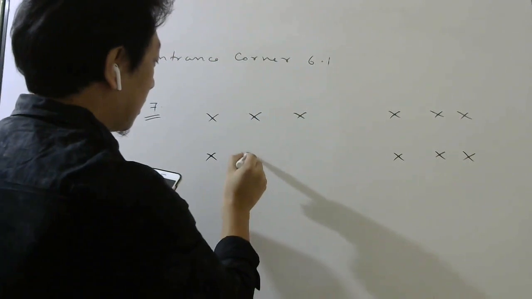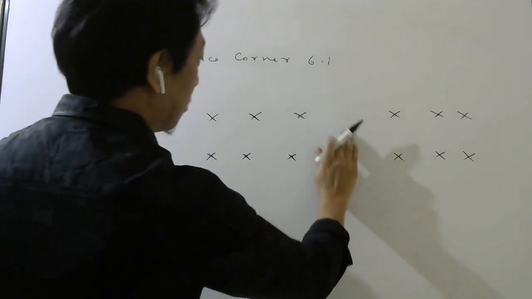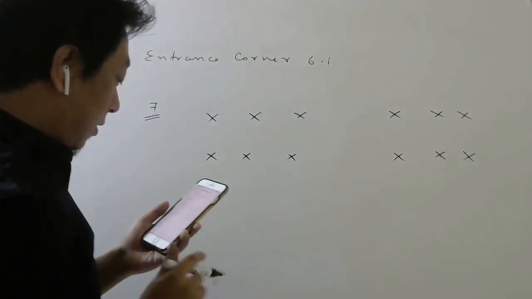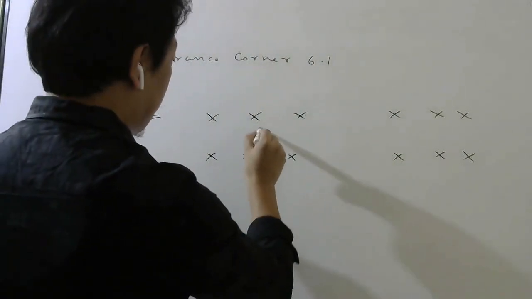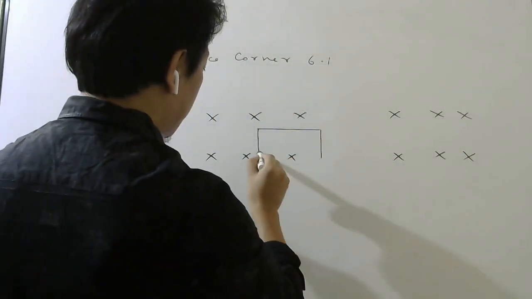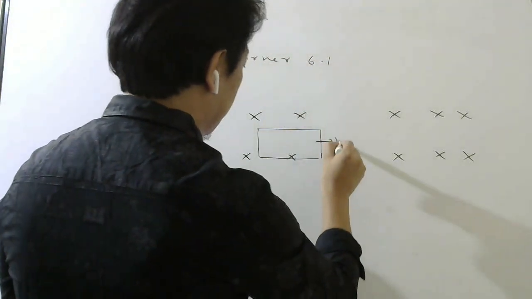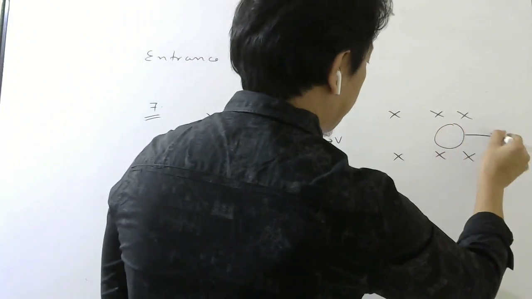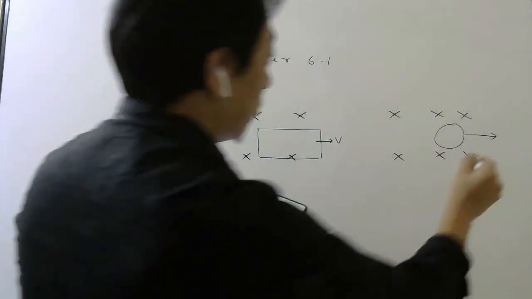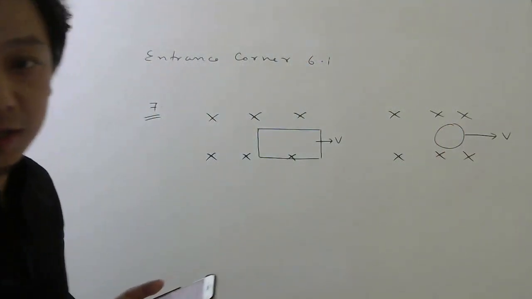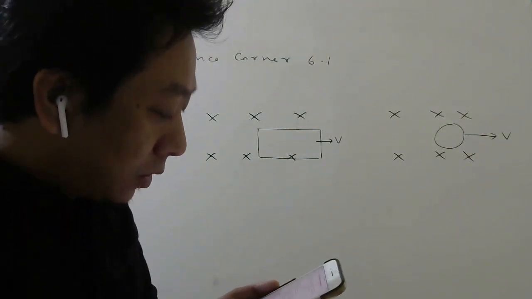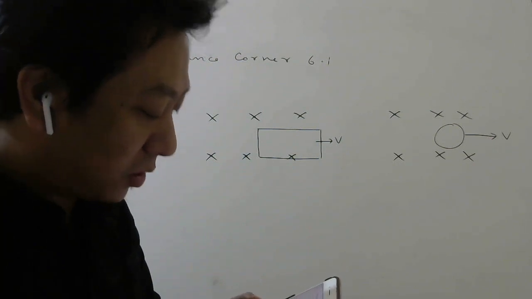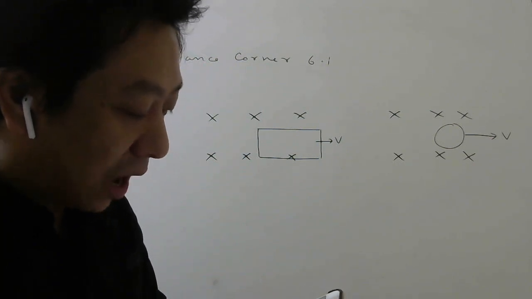There is a region containing magnetic field, and here there is no magnetic field. There is magnetic field, there is no magnetic field. So in this diagram, a rectangular loop is coming out, and here a circular loop is coming out with equal, constant velocity. In which loop do you expect the induced EMF to be constant during the passage out of the field